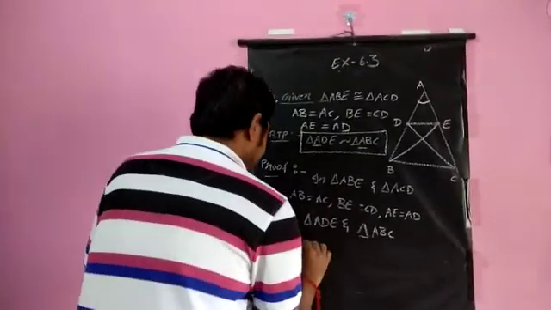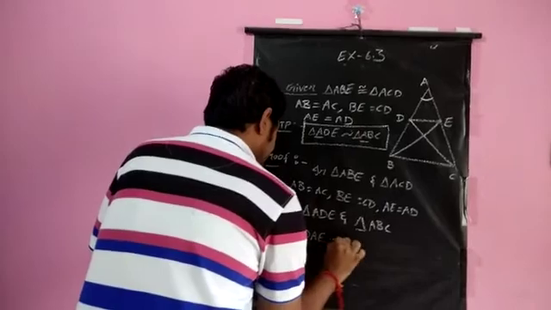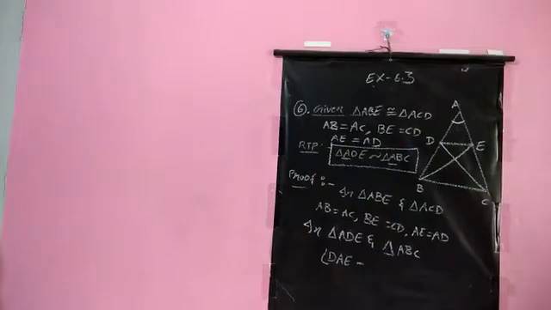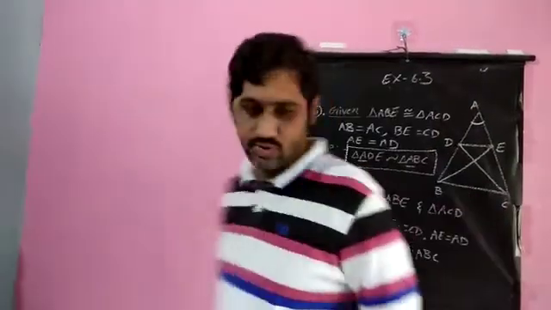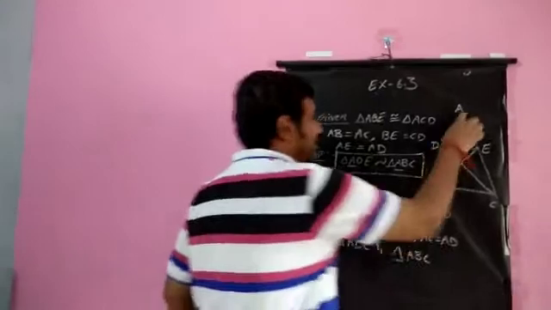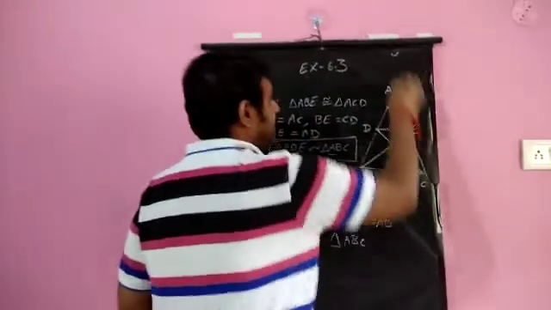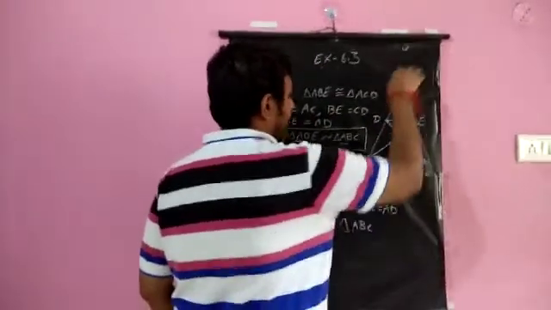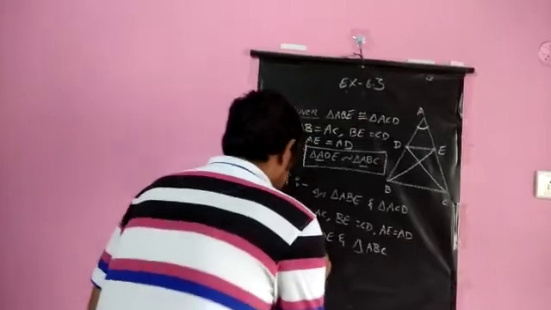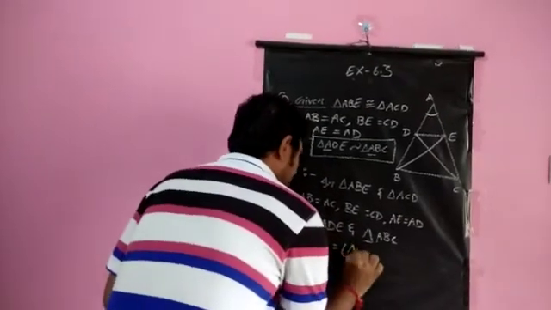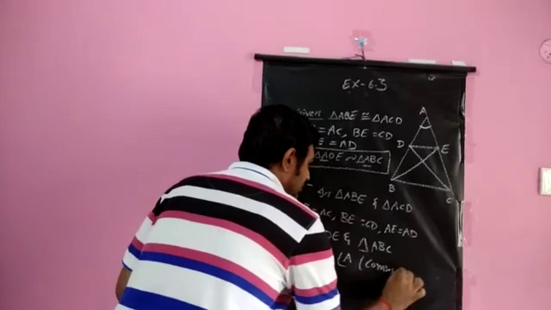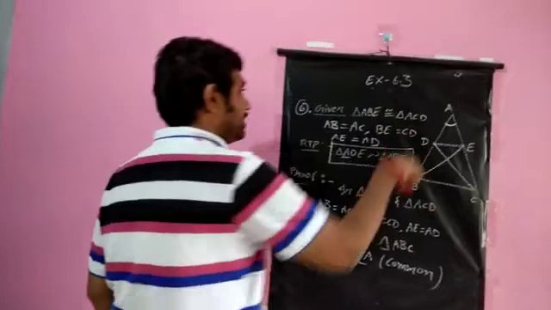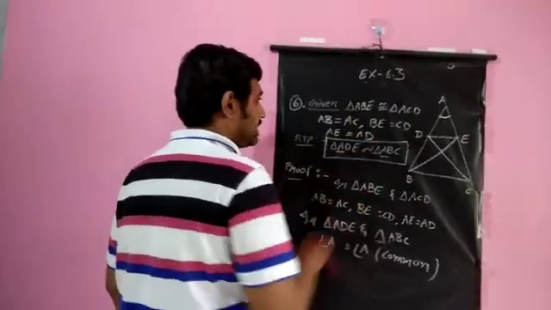We can write angle A in a different way, as angle DAE, or write angle A equals angle A without creating confusion, instead of writing the full name. In this triangle, it can be named as angle DAE or angle EAD, whereas in triangle ABC, it will be angle BAC or angle CAB. So first I write angle A equals angle A. The reason for that is this is a common angle in both the triangles, and the sides are in the same ratio. When we divide the sides, you'll get 1 because the sides are equal.